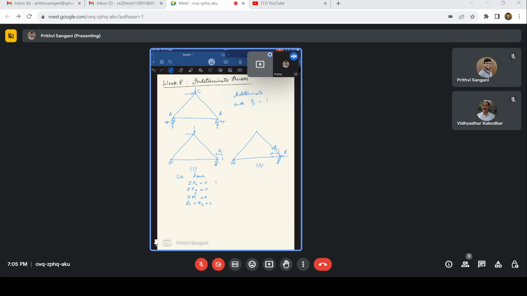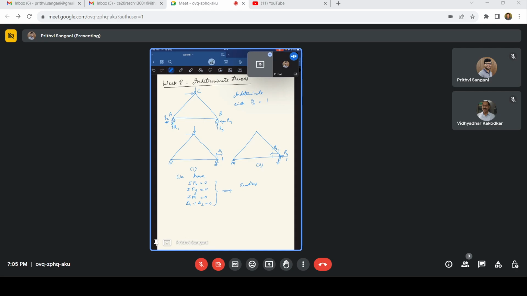So we have four equations to find the four reactions, let us say R1, R2, R3, and R4. By this we can find the reactions. Once the reactions are found, the rest is straightforward. You can simply find the internal axial forces in the members, and also the displacements at any point by using the virtual